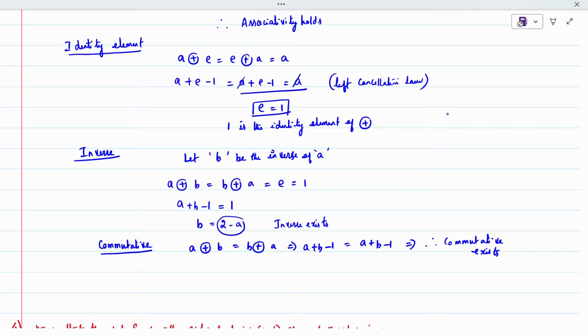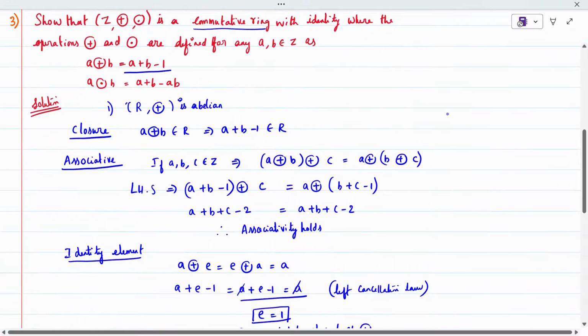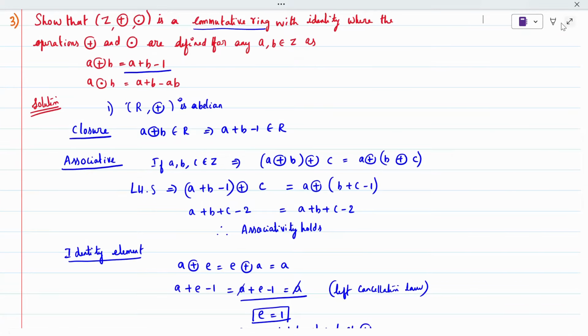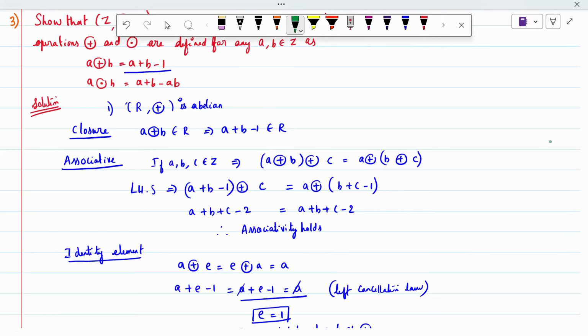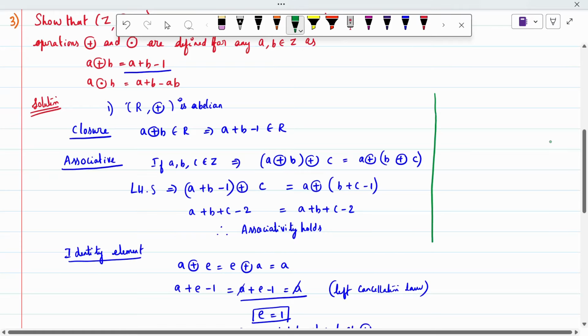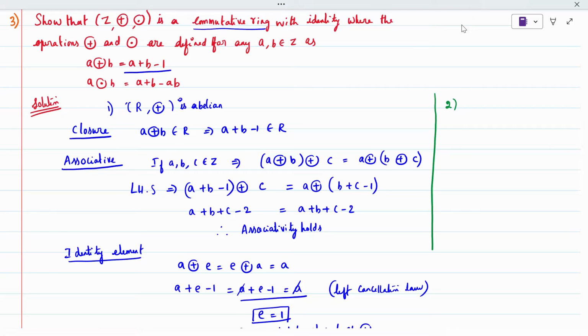Now we need to prove it for the second case. We have to prove it for the dot operation. So I will use some other color. For the dot operation I have to prove, the second case. For that, the first condition I have to prove, since it is given as a commutative ring with